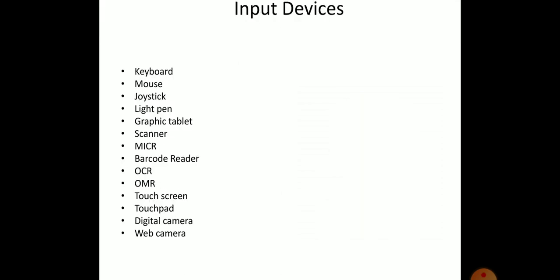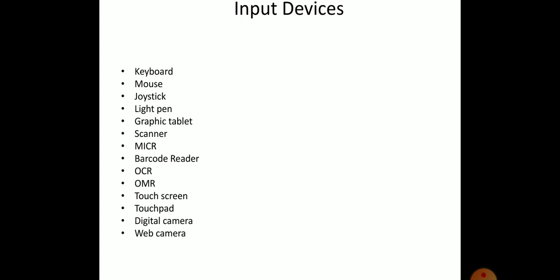So these are all the input devices we saw. Let's have a look once. First, keyboard. Second, mouse. Next, joystick. Next input device is a light pen. Then graphic tablet. Then scanner. Next is MICR, that is magnetic ink character recognition.